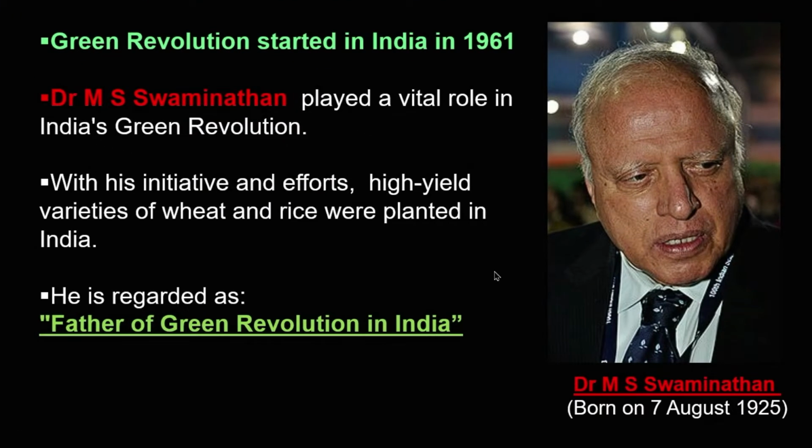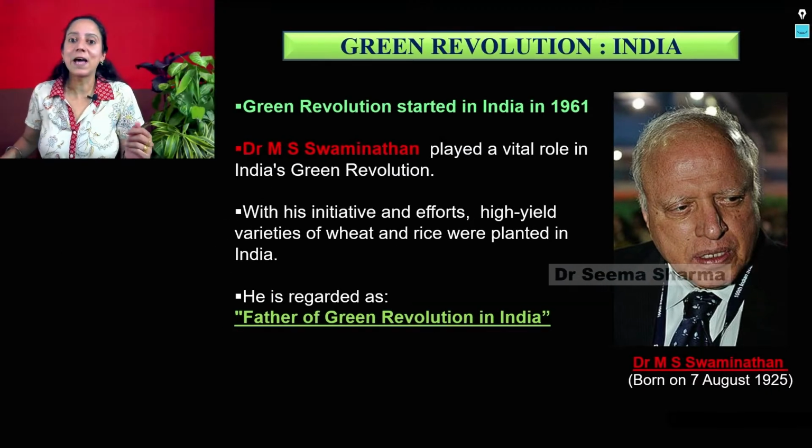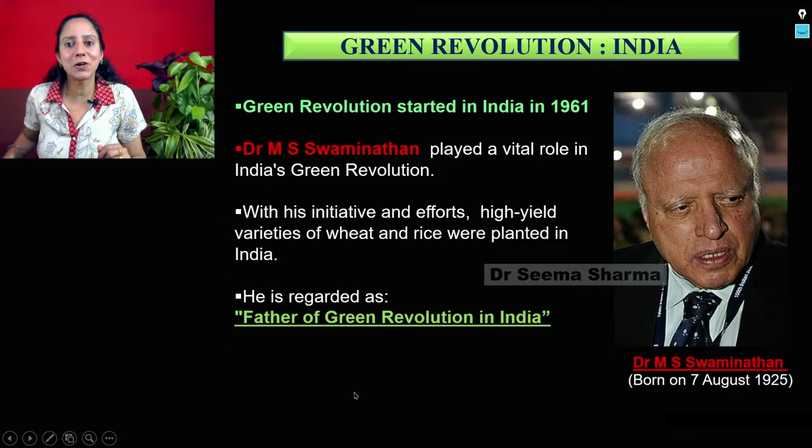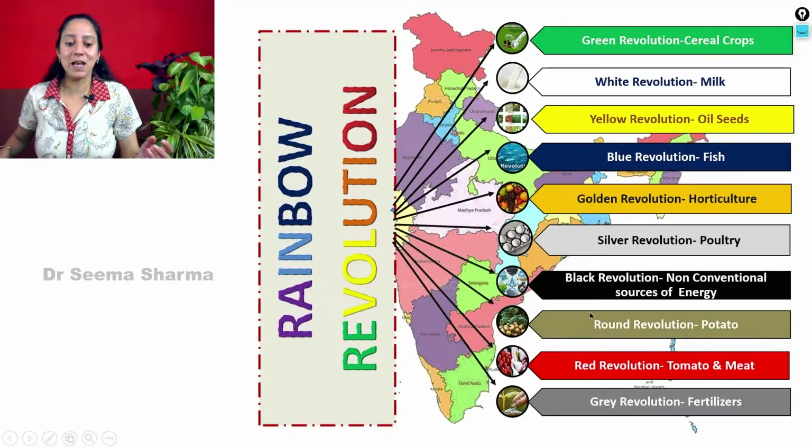With his initiative and efforts, high yield varieties of wheat and rice were planted and grown in India, and India became self-sufficient within a few years, and that's why he is regarded as the father of the green revolution. But students, in India we have a large number of other revolutions also, with the help of which our country has become self-sufficient in a large number of other sectors also, and that can be seen with the help of a